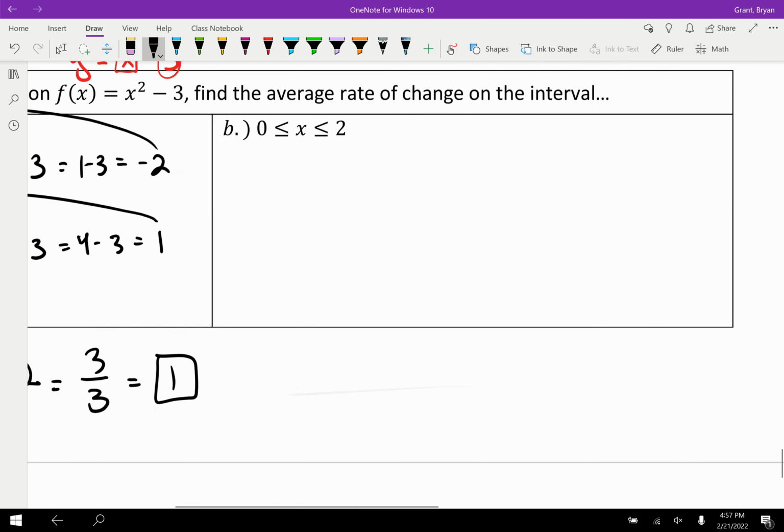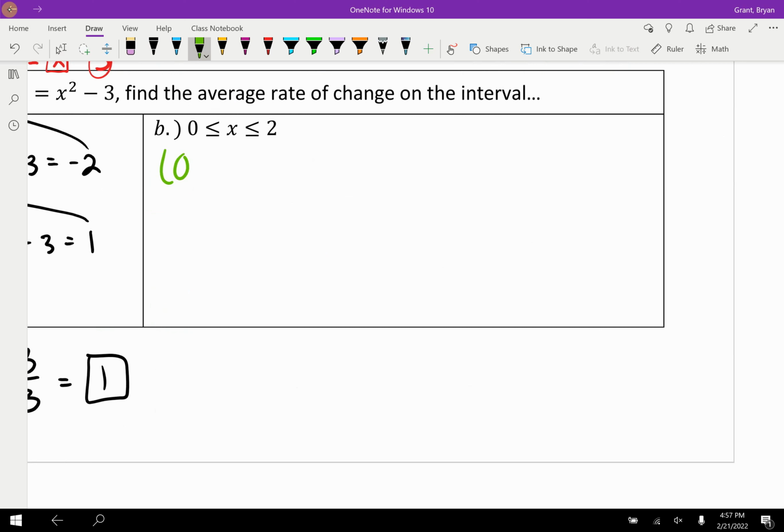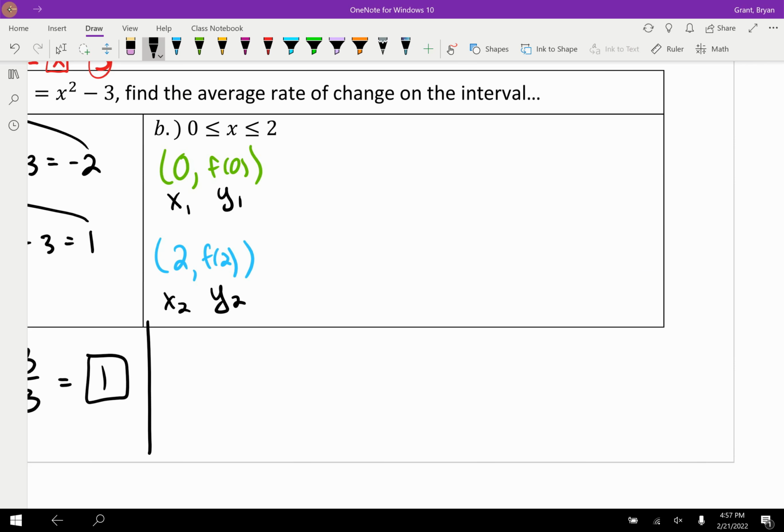All right, last one. We'll do that same setup. There's an x of 0, and there is also an x of 2. Okay, so that means that my output will be found by doing f of 0. This output will be found by doing f of 2. And if you wanted to label these, we have our first x, our first y, our second x, our second y, which means we could do our slope formula and find f of 2 minus f of 0